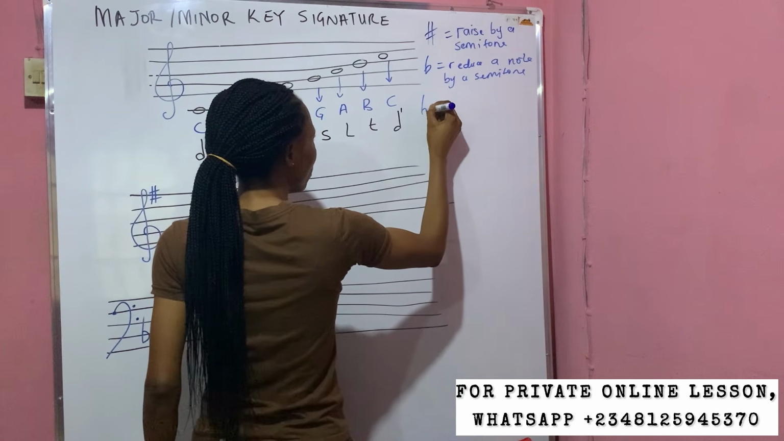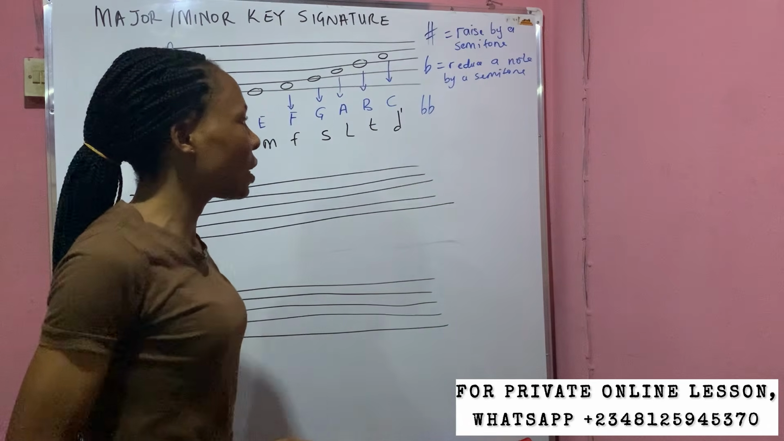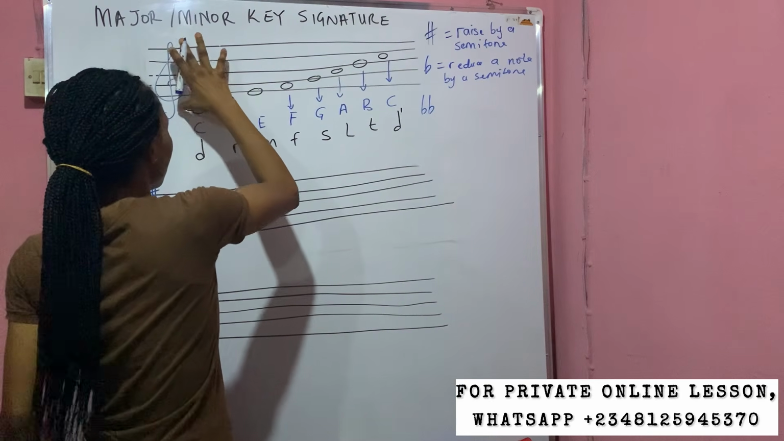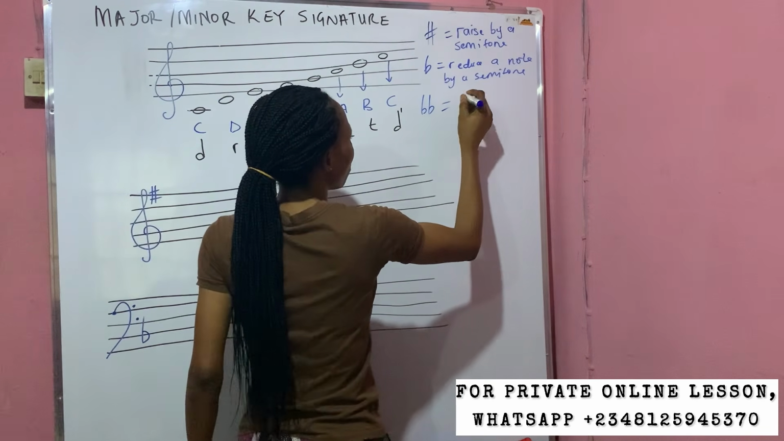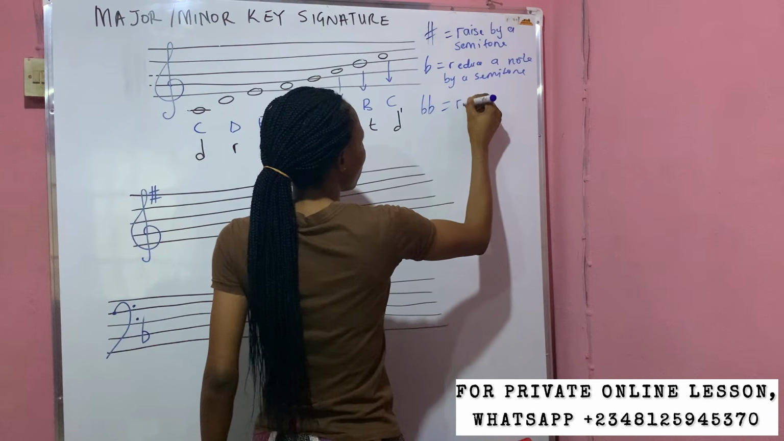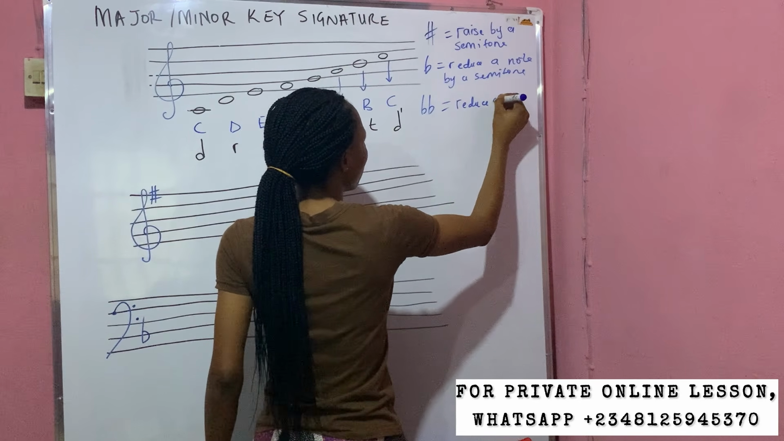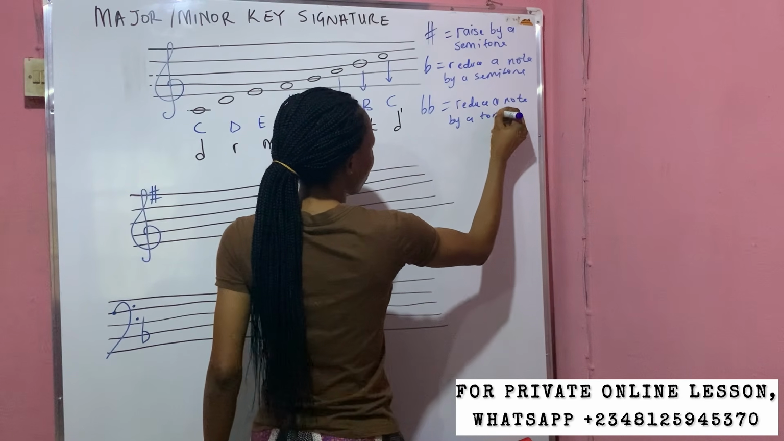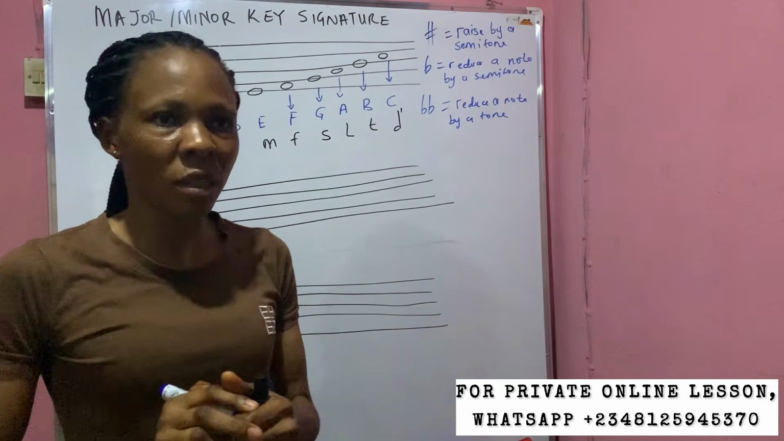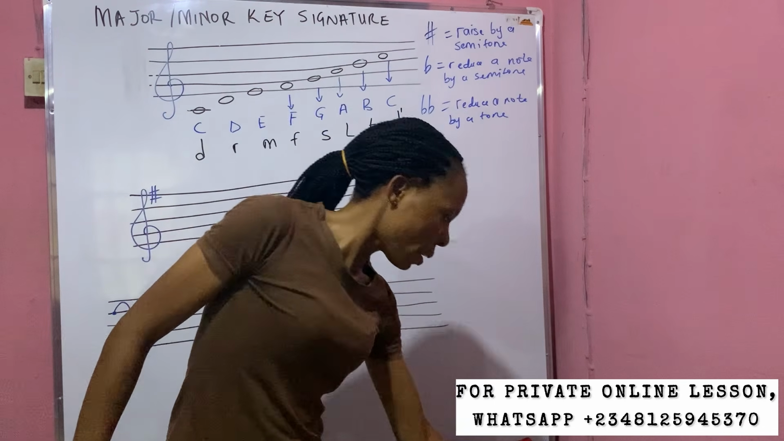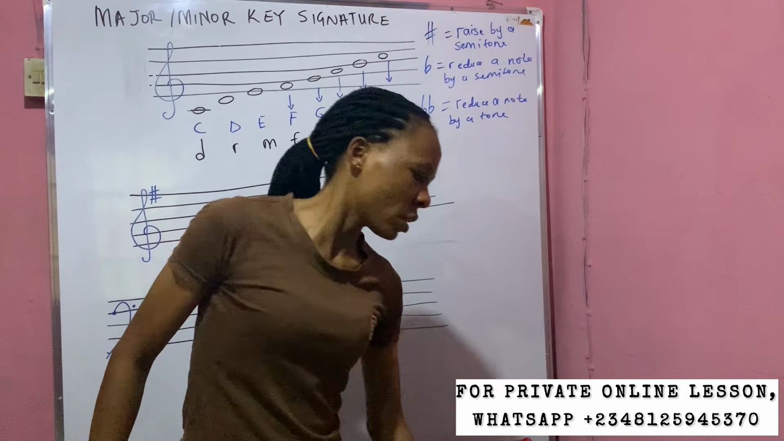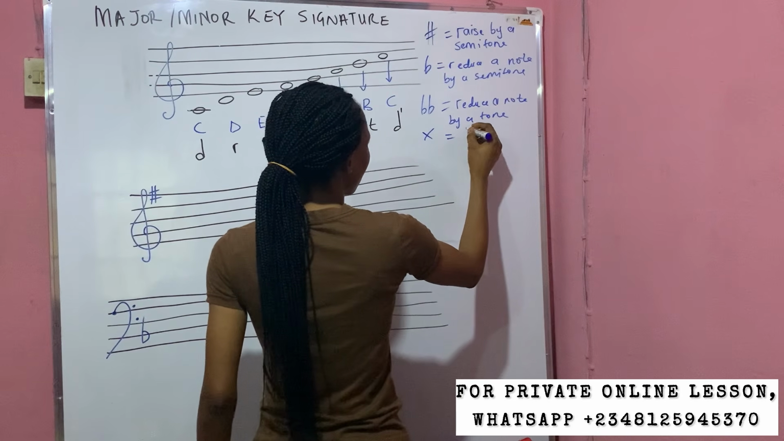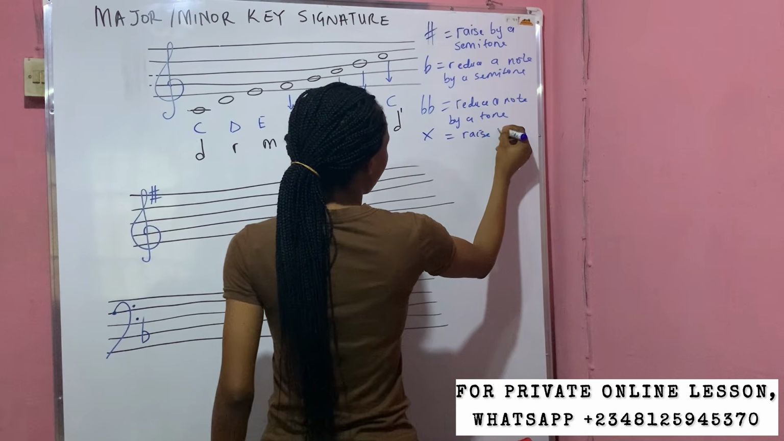Now we have double flat. These double flats are always accidentals. They cannot be in the key signature, and a double flat means you reduce a note by a tone. A semitone means one, while a tone means two semitones. Two semitones make a tone. While double sharp means raise a note